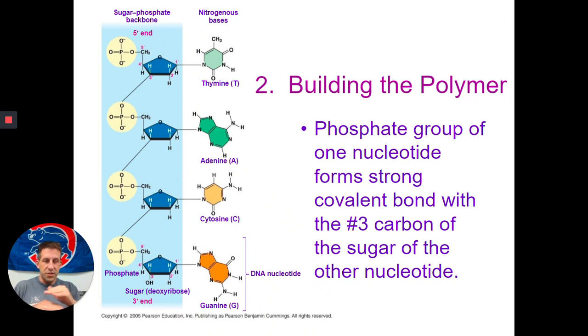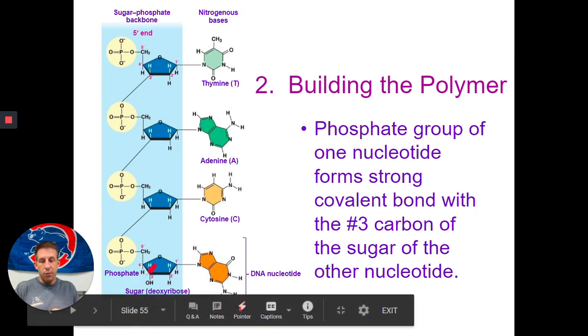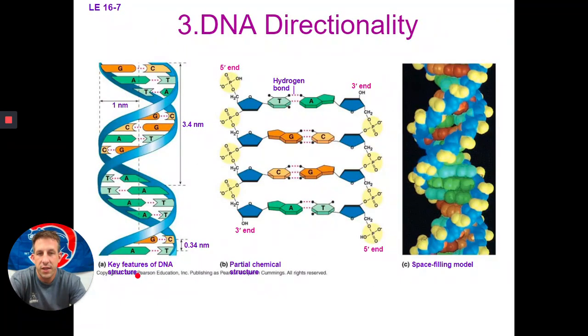It just keeps building. And so you can only add new nucleotide monomers to this existing 3' exposed end. You can't add new ones to this 5' end. It's just not how it works. The bonds can be formed more readily down at this end. So that's how we build the polymer, and it gets really, really big, and it creates this directionality